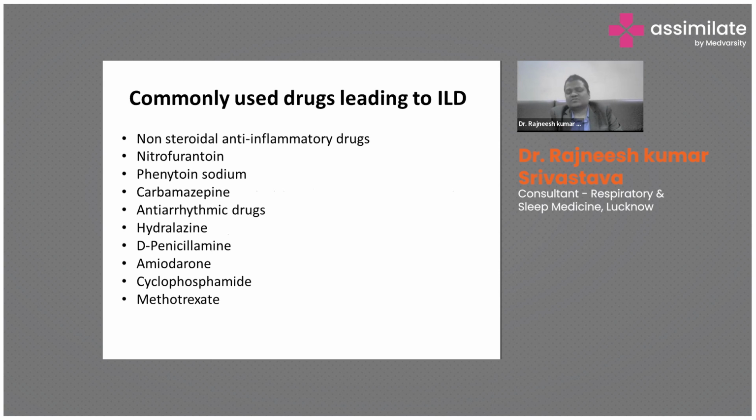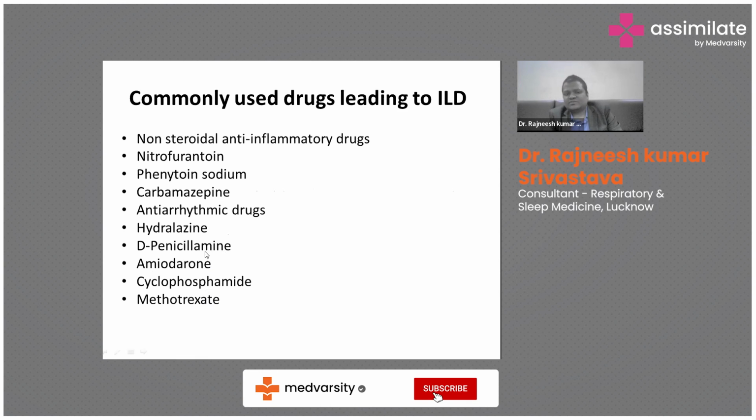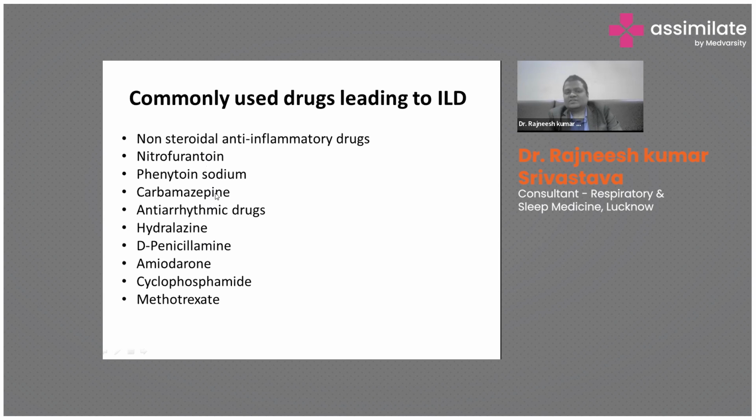Many drugs also cause interstitial lung diseases. Common ones are mainly anti-cancer drugs like methotrexate and cyclophosphamide; amiodarone can sometimes cause it, and nitrofurantoin can sometimes cause it. So these are the common ones. When there is a significant exposure and there is a pattern of ILD, we have to rule out the drug history before labeling the patient as ILD. So there may be a drug-induced ILD also.